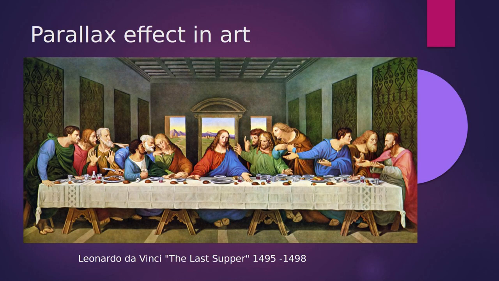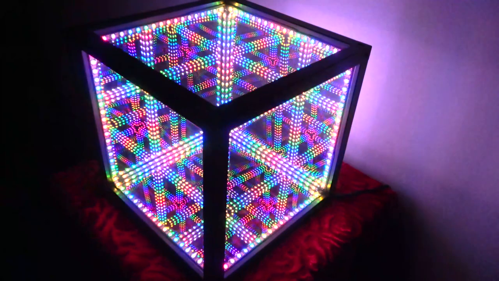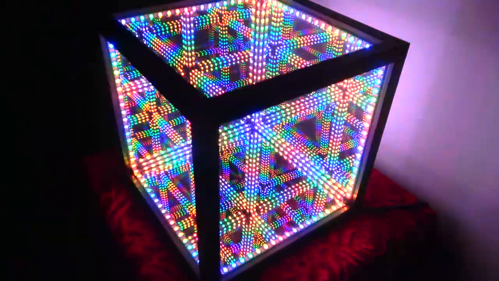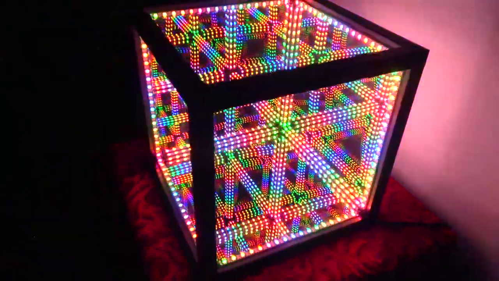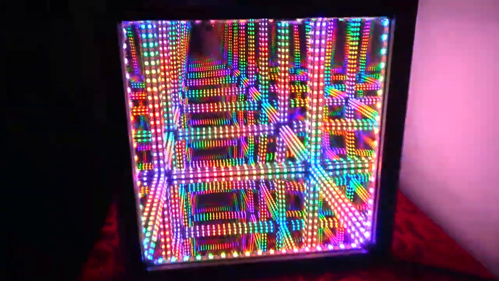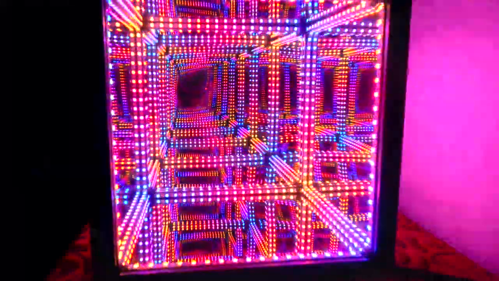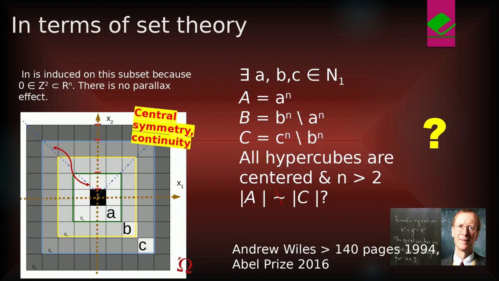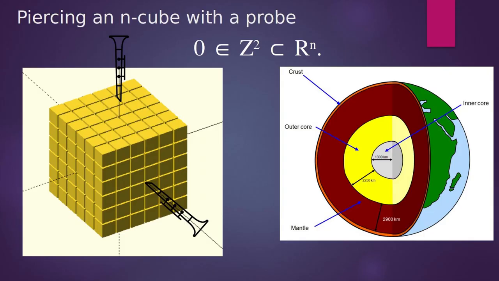Images of an n-dimensional cube are mesmerizing in their beauty. Let's imagine a projection of an n-dimensional cube onto a two-dimensional plane, for example, passing through the x, y axes, without the parallax effect. What figure will it be? The answer is a square. So, when we talked about piercing an n-dimensional cube with a probe, the Cartesian product of two probes perpendicular to different faces, we worked with induced topology.